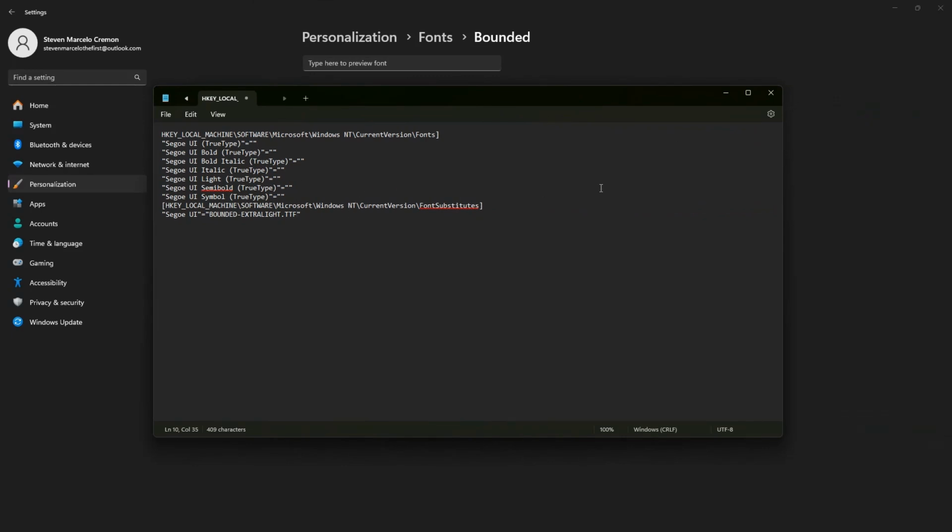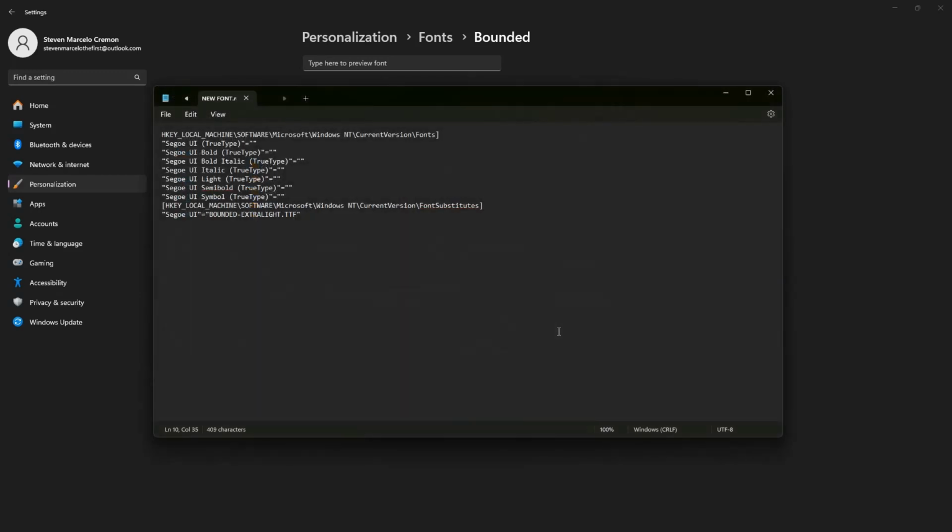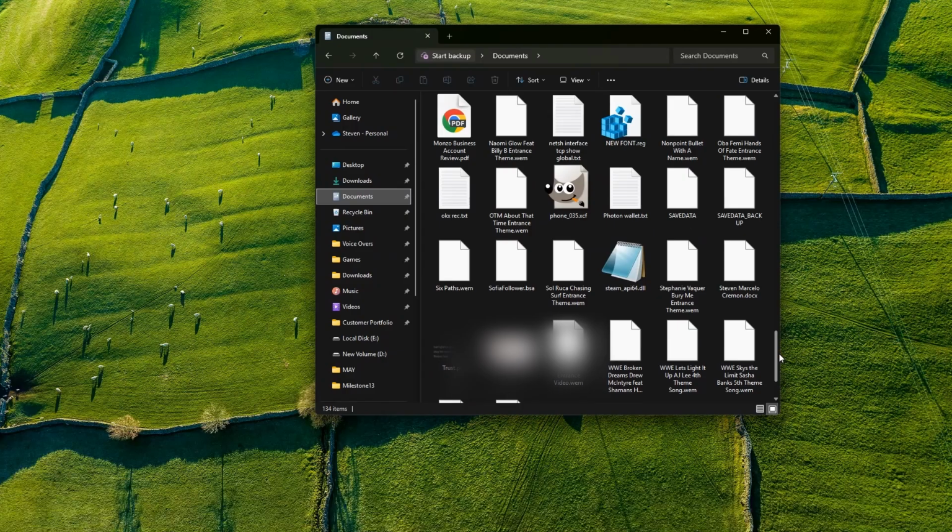And once you're done there, what you want to do is click on File, Save As, and then name it whatever you want, as long as you make the extension .reg for registry edit. When you're done there, just click on Save, navigate to wherever you saved the registry file, and then you can just double click on it and that will begin the